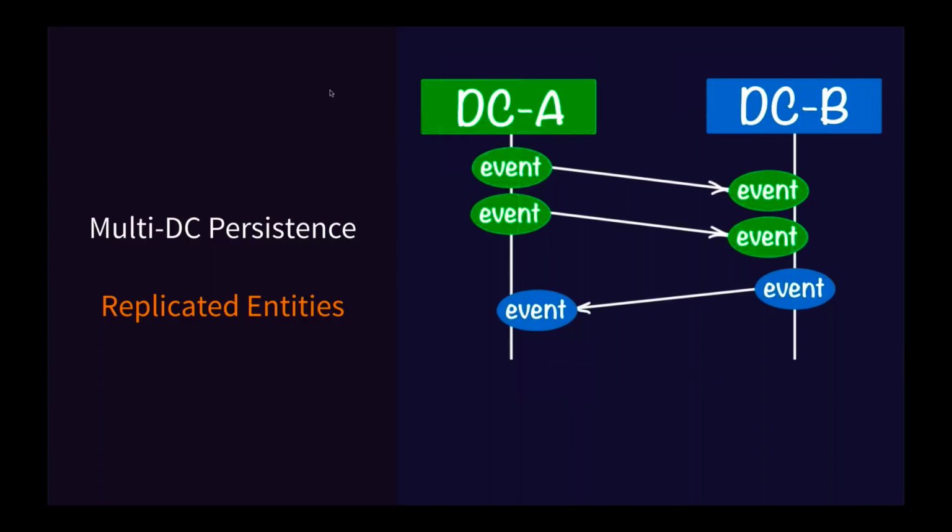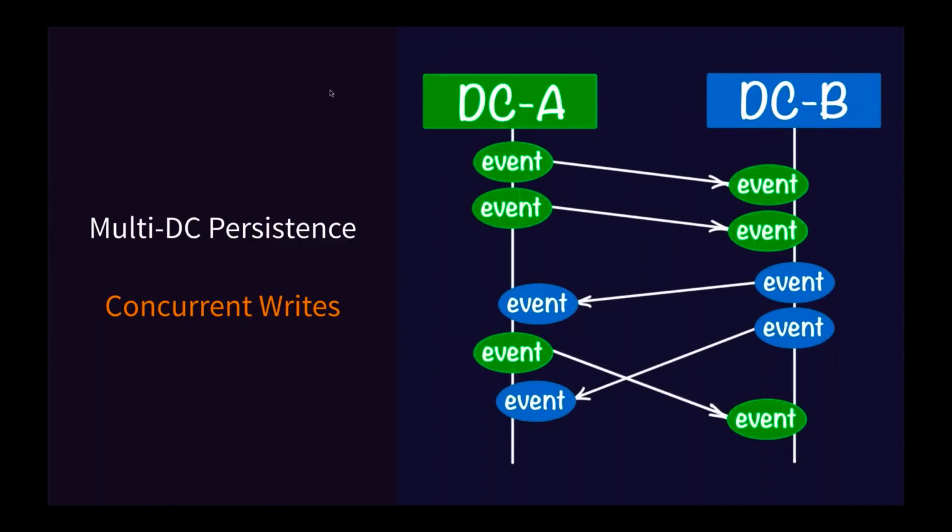But this presents some things that need to be considered, where there's always the possibility that you could have events coming in on both sides, and in this two data center example, the ordering of the events seen in each data center will be different. In this scenario that I'm showing here, the order of events is different in data center A than in data center B. You have to take this into consideration if you were to use multi-data center persistence, so that this would not break, say, the consistency of your data.